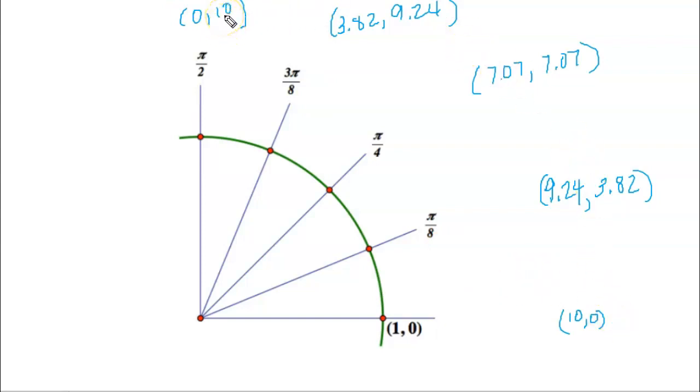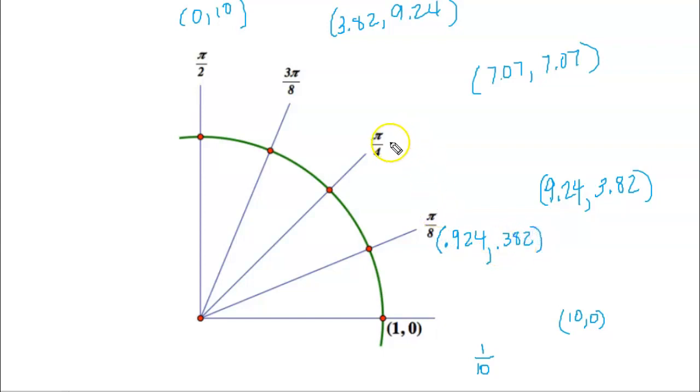We also talked about last lesson that if we wanted to find those points for any radius circle, they were all going to be proportional. Since this one had a radius of 10 and the one we're looking for now has a radius of 1, that gives us a scale factor of 1/10. We want all of these points and measurements to be 1/10 of what they were on the 10-foot radius circle. So if we divide them all by 10 using that proportionality concept, we get that this point is 0.924,